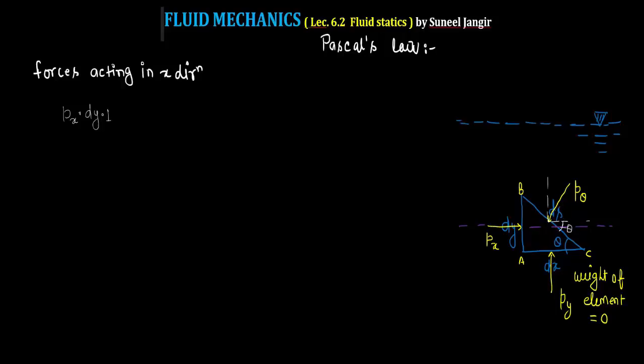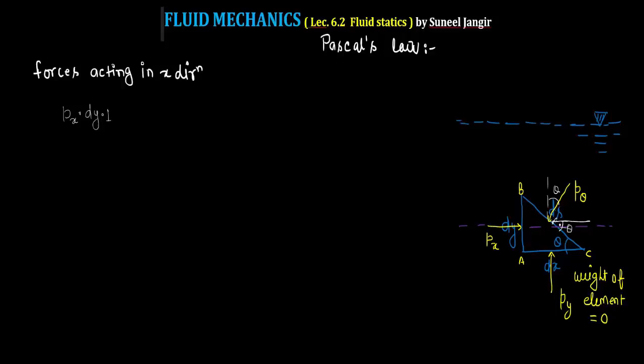Both this line and this line are perpendicular to each other, so this angle is 90 minus theta, and this is theta. So the force that is acting along the x direction will be